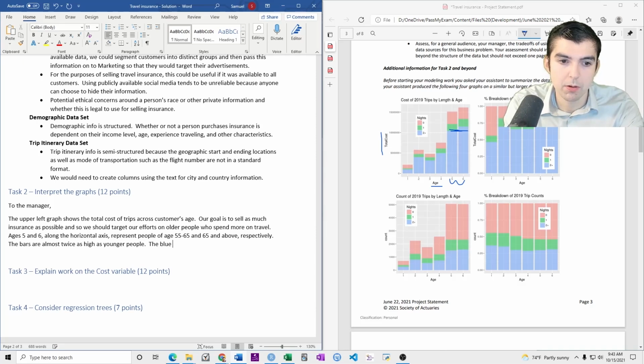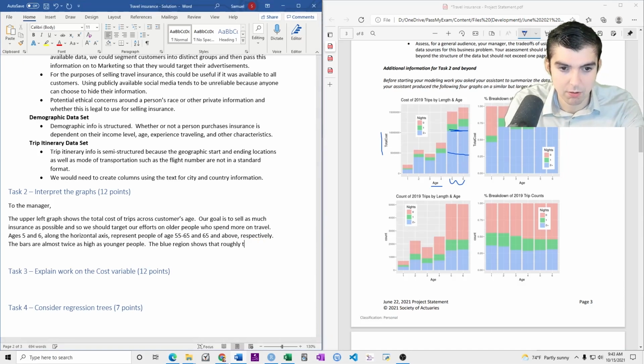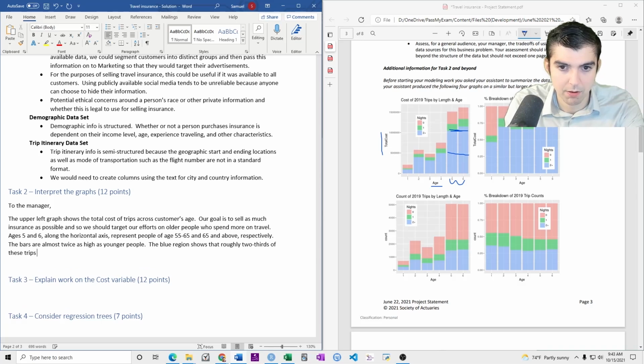The blue region shows that what percentage. This is like 1/3, 2/3, roughly 2/3 of these trips are on extended overnight stays where 2 or more days are spent traveling.